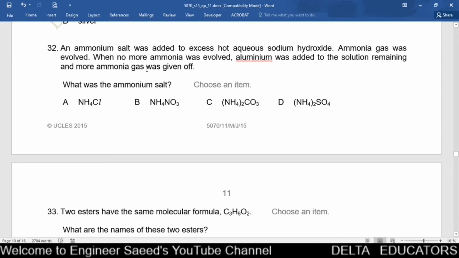So from where we will get ammonia? When we add sodium hydroxide and aluminum powder in a solution that contains nitrate ion and it is strongly heated, we get ammonia gas. So here if we are still getting ammonia gas, it means this sodium hydroxide is reacted with a nitrate solution. Now nitrate is given only in option B. Here in A it is ammonium chloride, in B it is ammonium nitrate, in C we have ammonium carbonate and D we have ammonium sulfate. Nitrate ion is present only in the option B, so here our correct option will be option B.